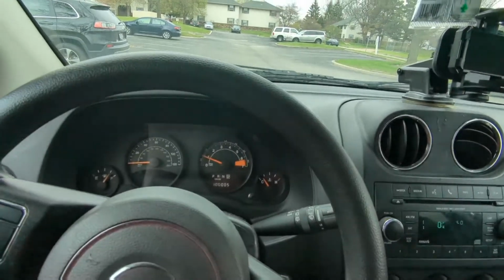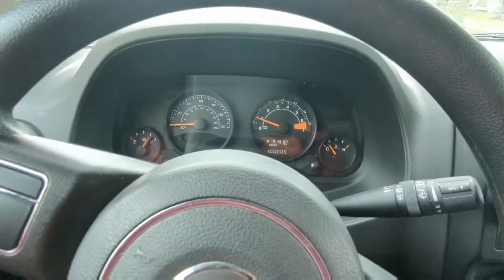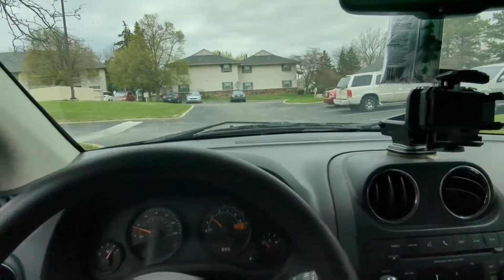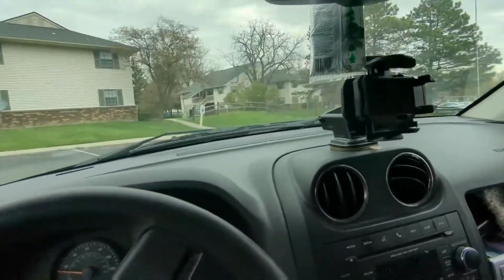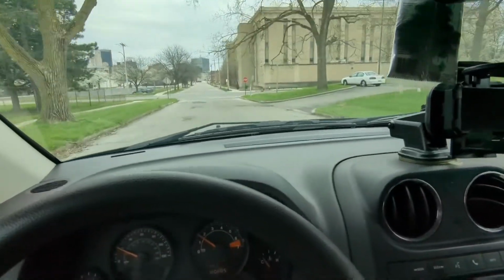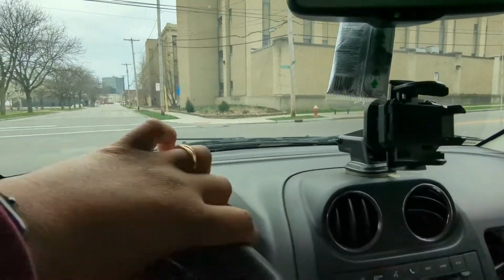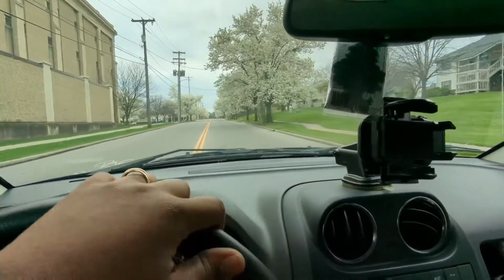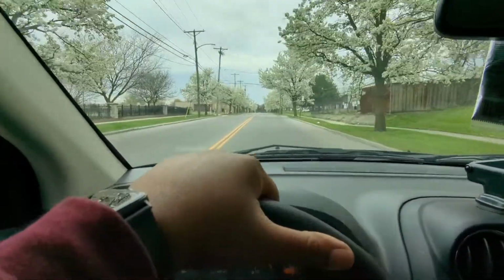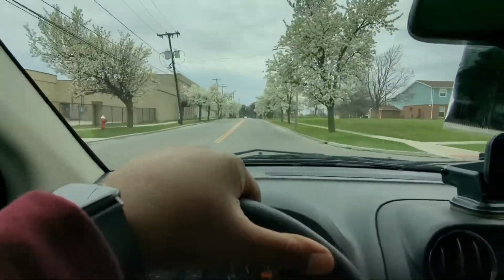All right, just got done changing my spark plugs. As you can see, we literally just hit 100,000 miles this morning, so let's see how she runs. So far, so good. Still vibrates, but